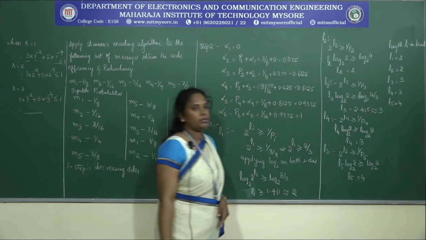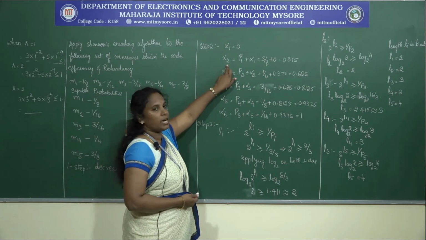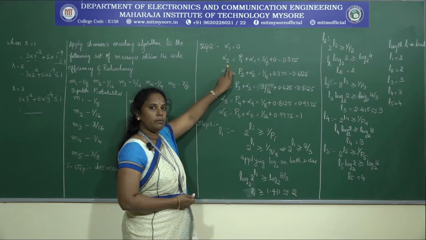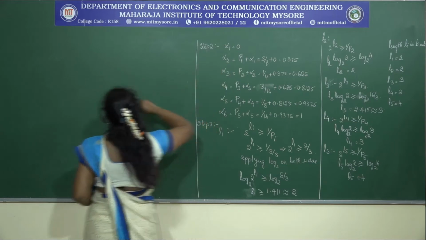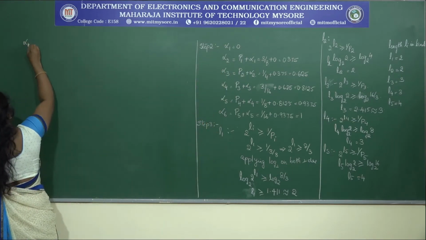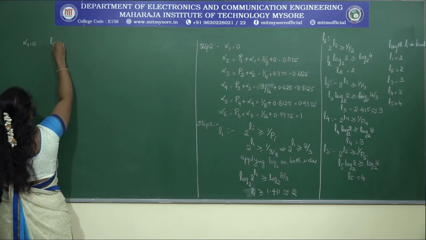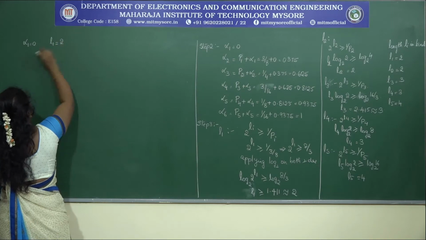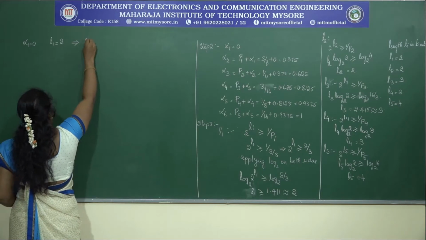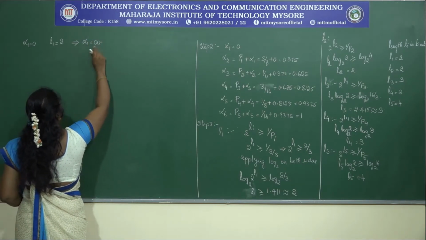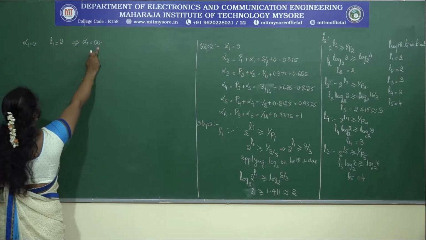Now once you compute this, the next step, step 4, is that whatever sequences are in decimal, we need to convert them into binary. So let us compute the sequences which are in decimal. Alpha 1 is 0. We need to compute these sequences depending upon the length. L1 is 2 bits. Your alpha 1 is equal to 0, but we need to consider this alpha 1 as 00. This is nothing but the code word for this particular sequence. So alpha 1 is 00.